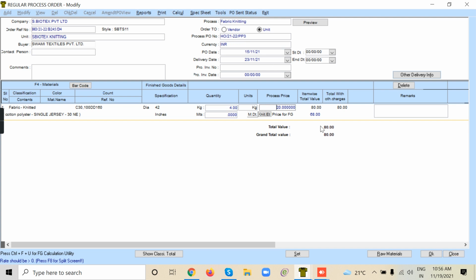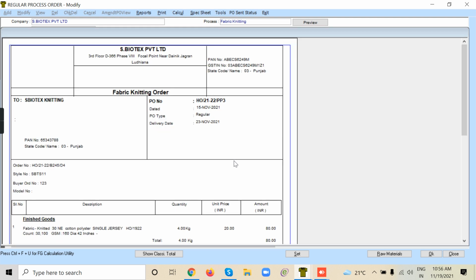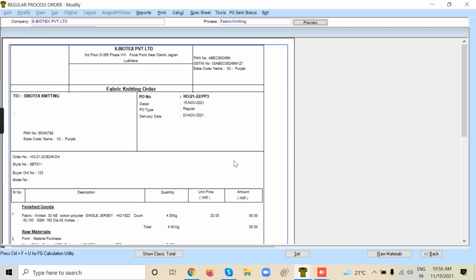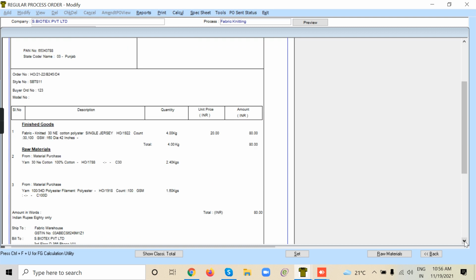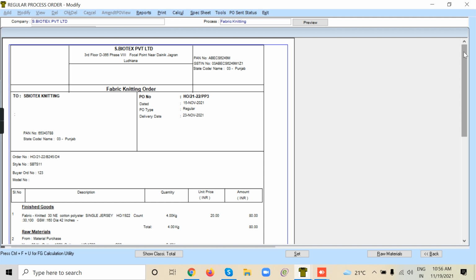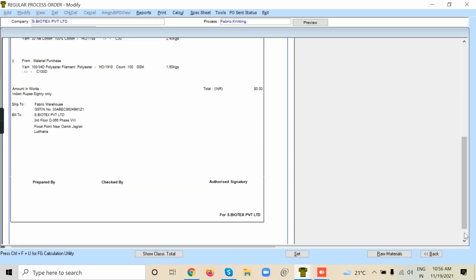Here again you can see a preview of the knitting PO. So this is the knitting order, made to S Biotex Knitting.